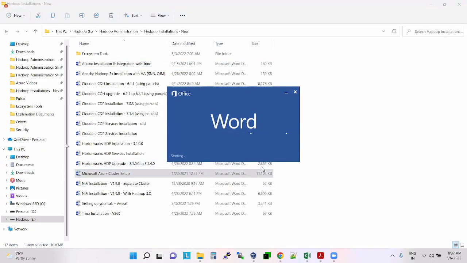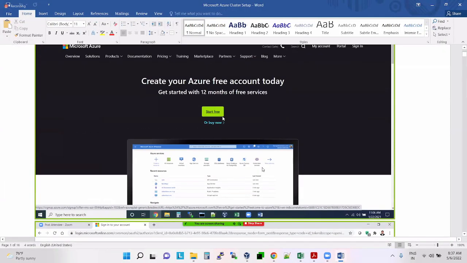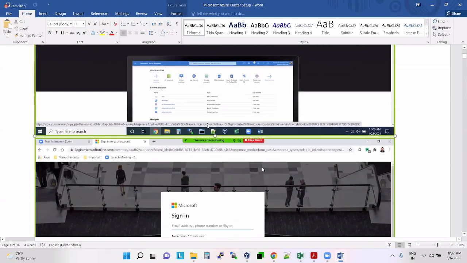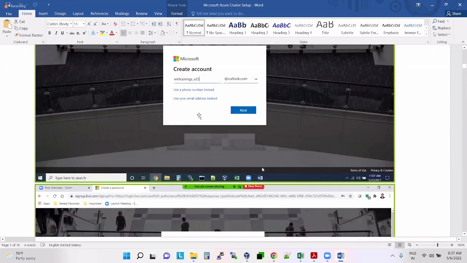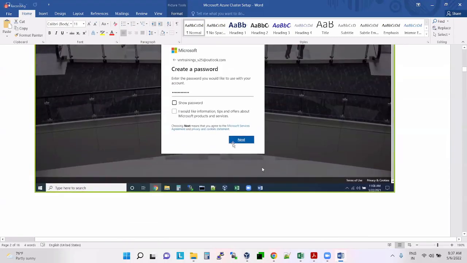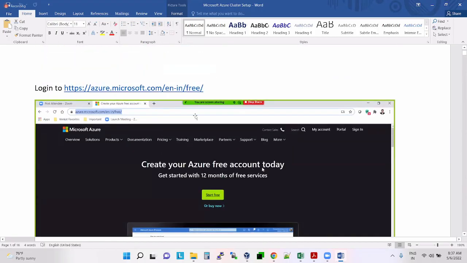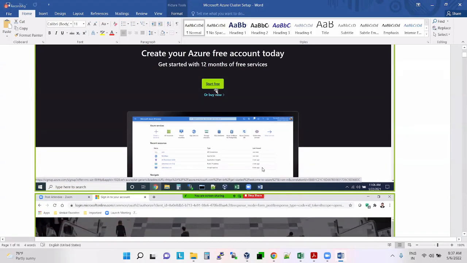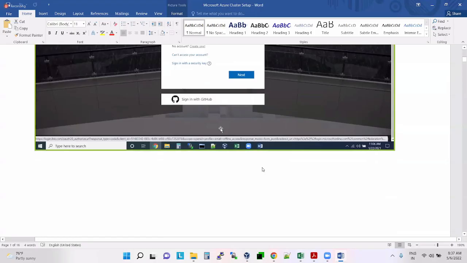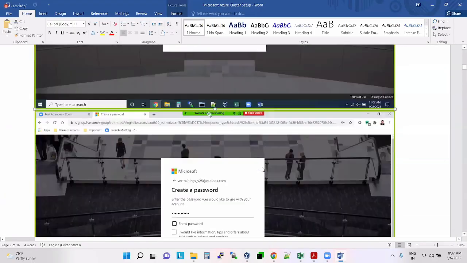Initially, I have given you how to create an account here. You can create a free account, but using a free account you cannot create Hadoop clusters. I'm not showing you how to create a free account now. It's like how you create a Google account; you create the Azure account and provide this information.